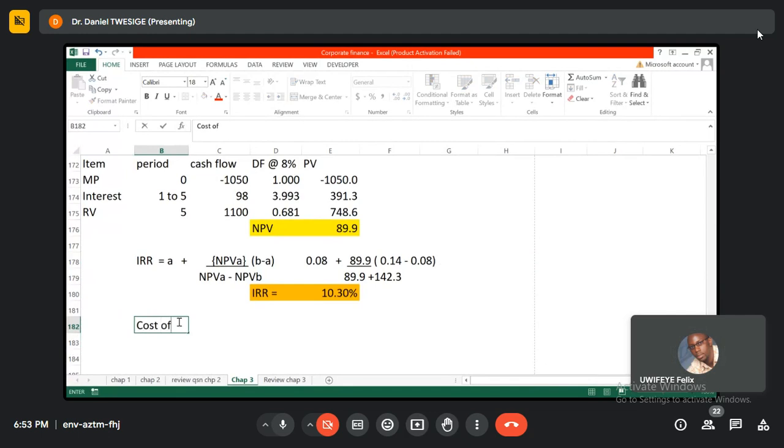So, cost of convertible debt. If you don't have a question on this,